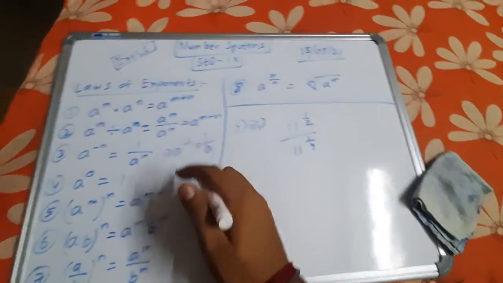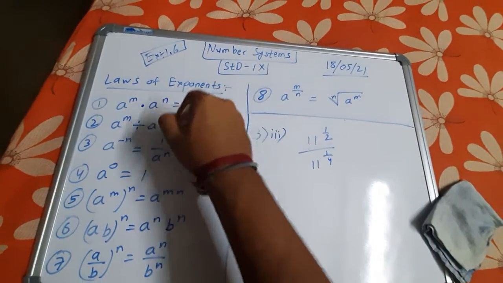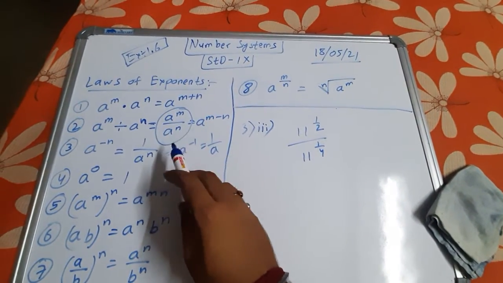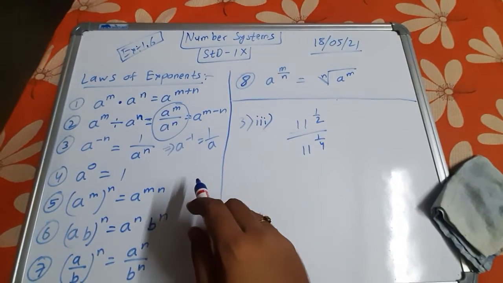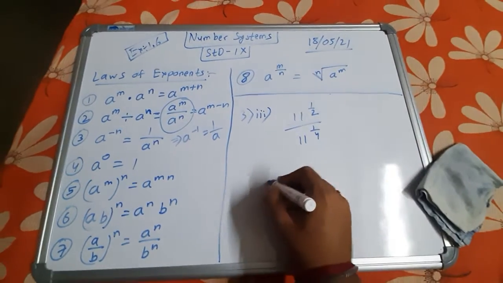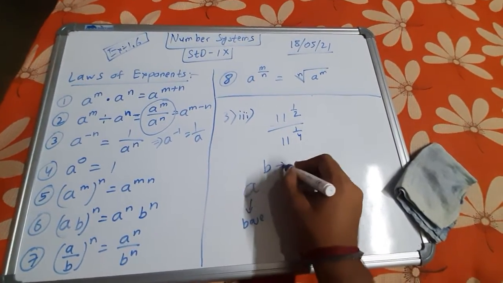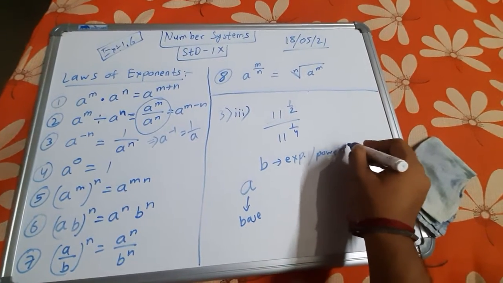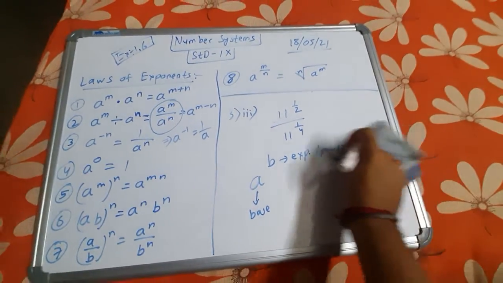So straight away you can match the sum with this formula, a to the power m divided by a to the power n. See, what is a? A is 11. The bases are same, 11 and 11, both the bases are same. This thing is known as the base, this thing is known as the exponent. We all have the idea. See, a to the power b, so a is the base, b is the exponent, okay, or you can say power, or you can say index, okay. There are many names actually.